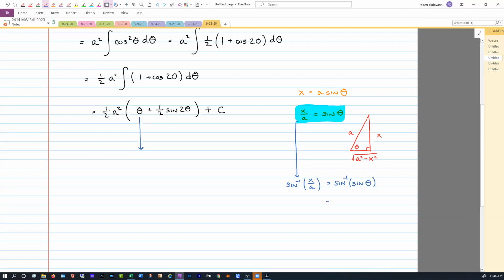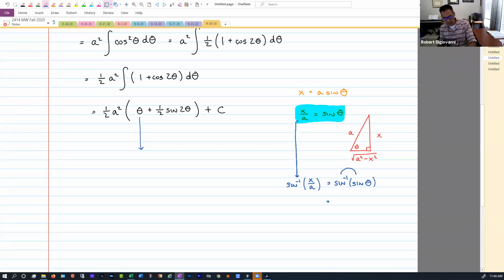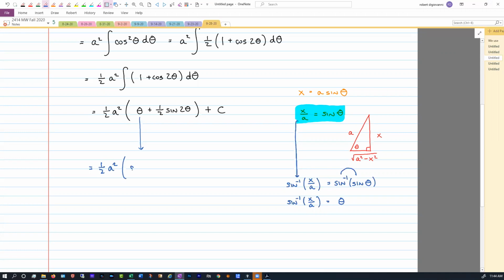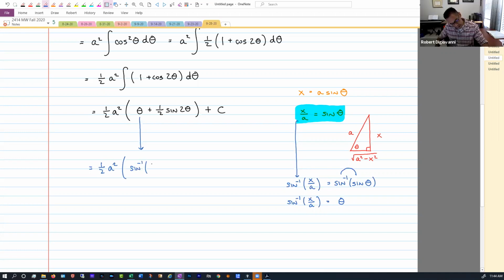And Christopher did this because by putting the sine inverse with the sine, when you compose those two together, they kill each other off, and that spits out theta. And that's exactly what we want, right? We want theta to be replaced by something with x in it. So good job, Christopher. This is going to become 1/2 a squared times the quantity arc sine of x over a plus,